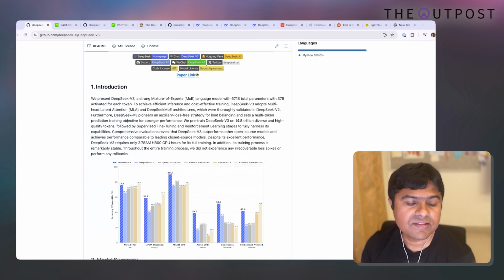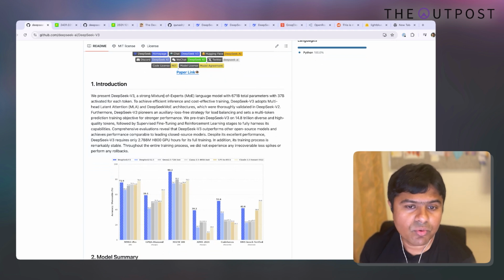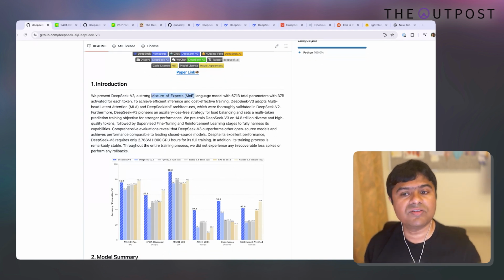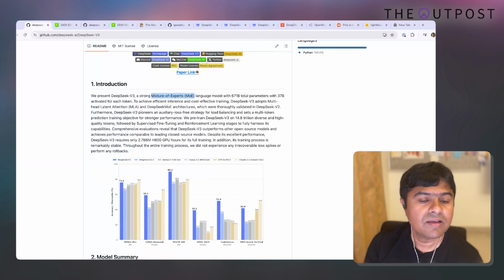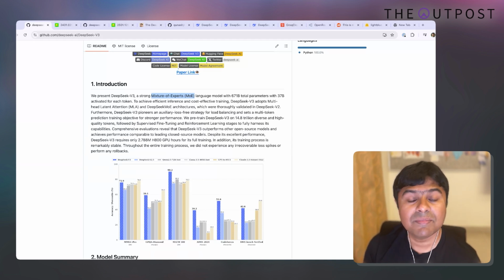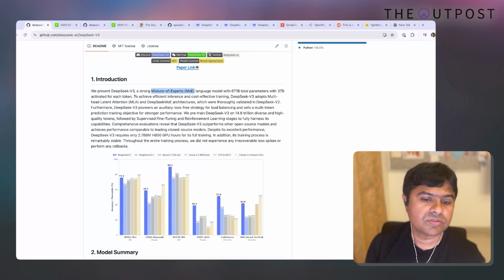There are a bunch of things that I will not go into detail on, like the MOE language model, where the size of the model is really big, but only a fraction of it is active. So it doesn't require that much memory to train or run the model. In many ways it's interesting. It's a big model, it's very performant, at the same time it's efficient, it doesn't require a lot of memory, and it's fully open source.